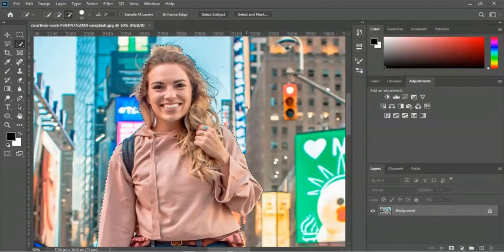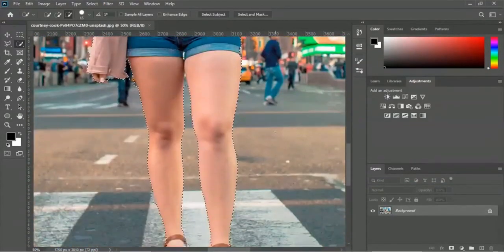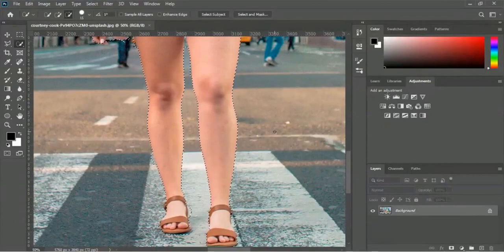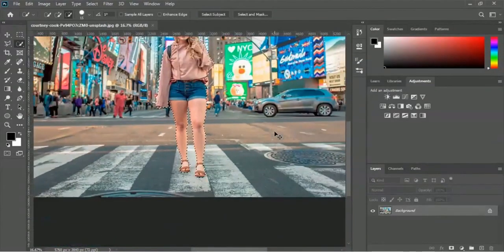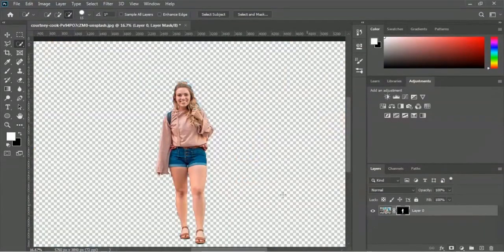Okay, you can take a look. This woman got selected with our quick selection tool, and let me zoom out the image. Right now we will add a layer mask. So here is the layer mask option. You just have to click on here, and you can take a look. This entire background got removed, and right now we will move this woman into another